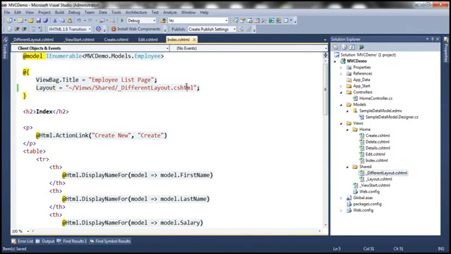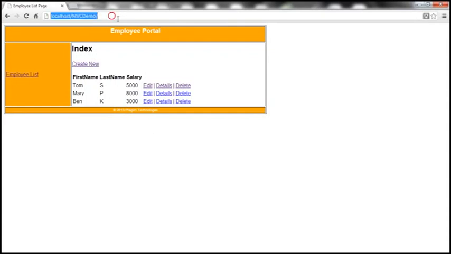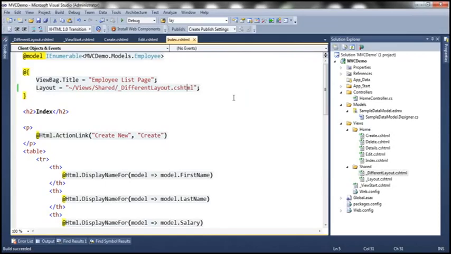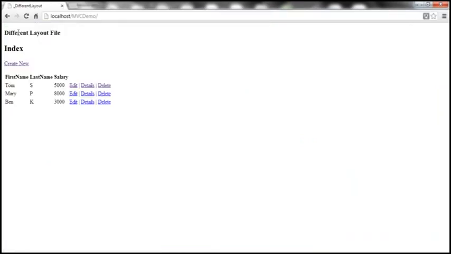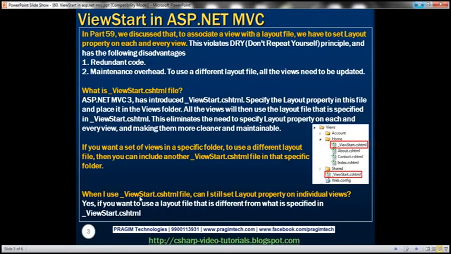Okay, so let's save everything and let's navigate to our index view once again. So I'll refresh that. We have made the change to index view, and it shouldn't use this layout file. Look at that, it's now using a different layout file. Okay, so the answer is yes, you can still use the layout property on individual views, and we especially use that if we want a specific view to use a different layout file than what is specified in the underscore viewstart.cshtml